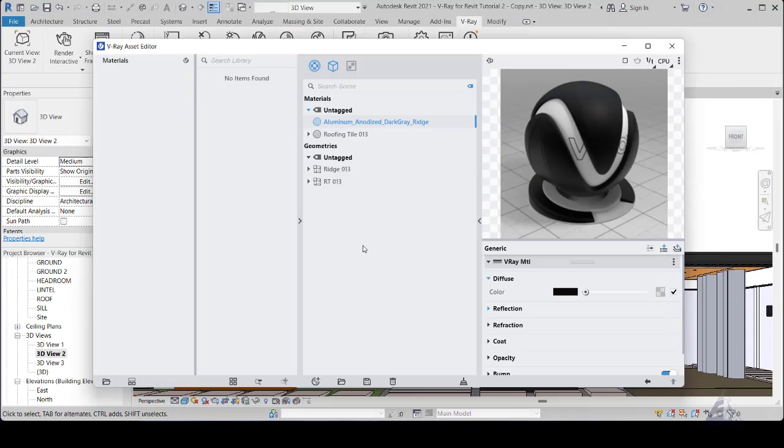This is it. Let's wait for it. So you download V-Ray for Revit 4 on that website. I think it's 4.10, and I think the materials come with it. So once you download that,